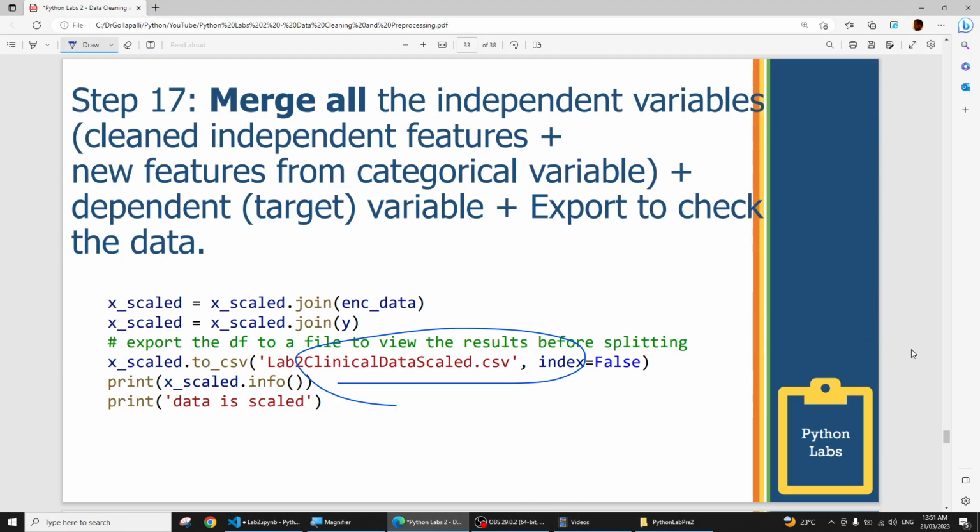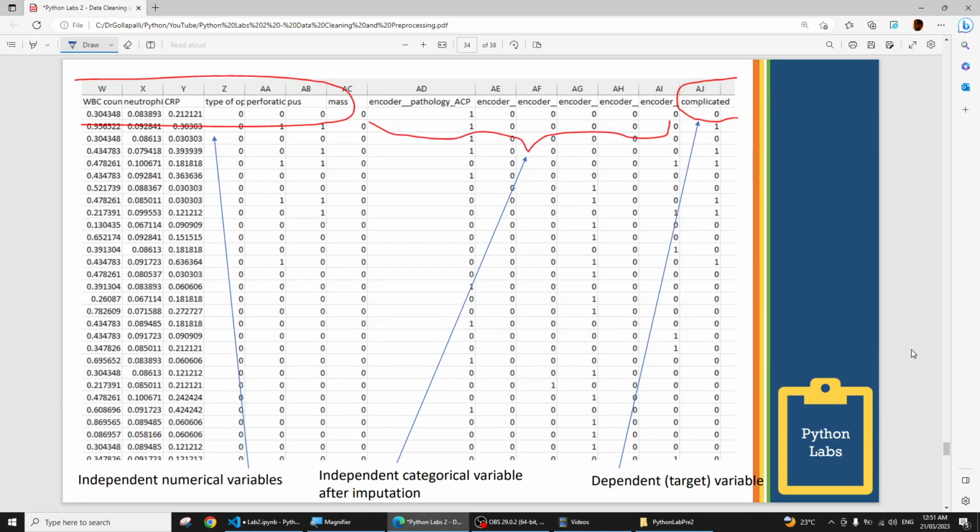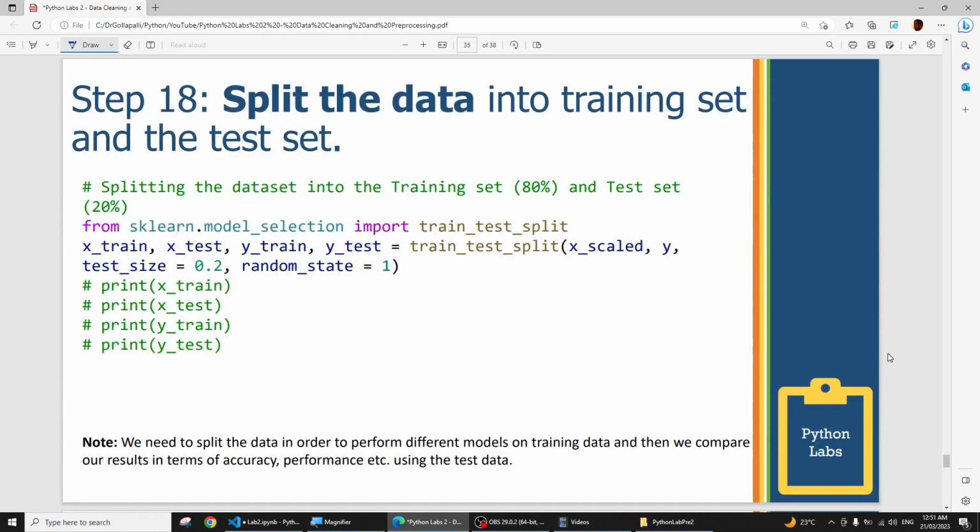Now let's go through the next steps. After merging, you see these are basically independent variables. Sorry, this is not independent. Yeah, these are independent categorical variables after applying imputation, and this is the dependent, the target variable. The last thing we need to do now that the data is clean and everything is ready,